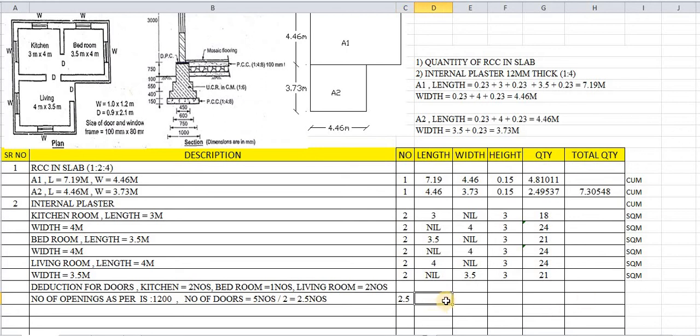So we have taken 2.5 as the 50% of this. So what about the length of door? Okay, most important is length. While having deductions, we have to consider in case of doors, because doors are laid along length and height. Okay, there is no such width of door. We will have length and height.